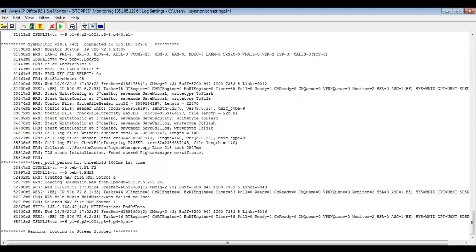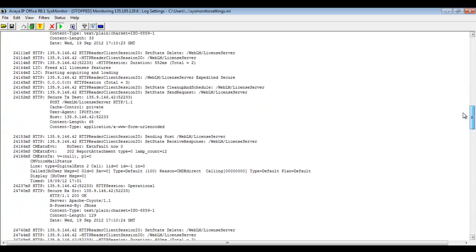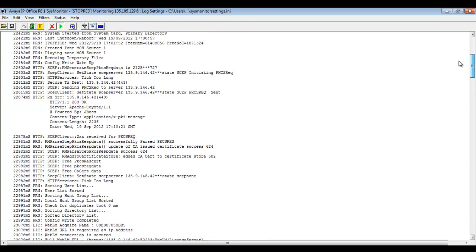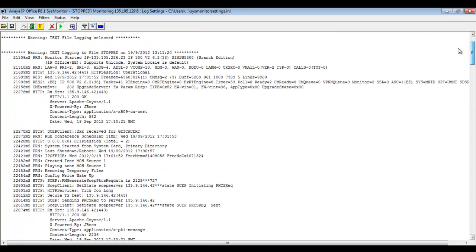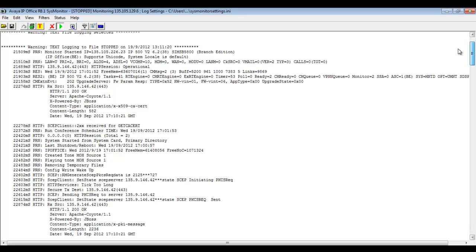So we've collected quite a bit of tracing information, so I'll pause it as you see me press the pause key in the upper toolbar, and then I'll scroll up and we'll take a peek now at what the trace looks like after the installation utility is run. You see right away that the name has already been changed to Sims B5800 on the branch edition, identifying it properly,